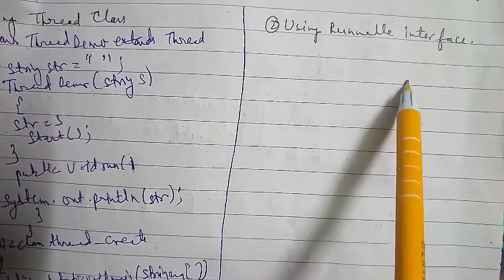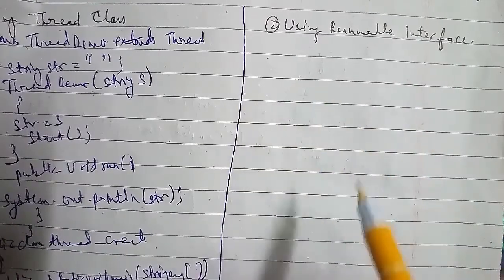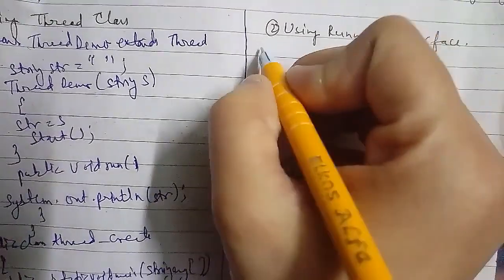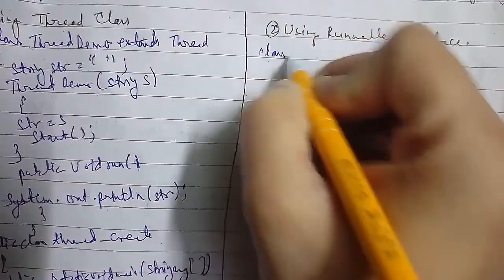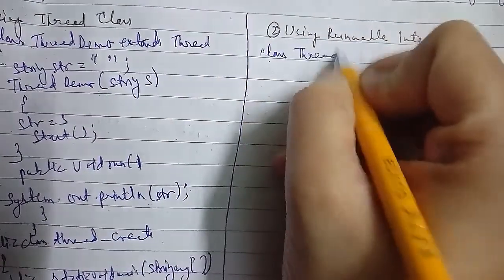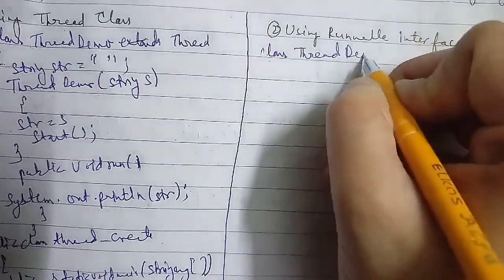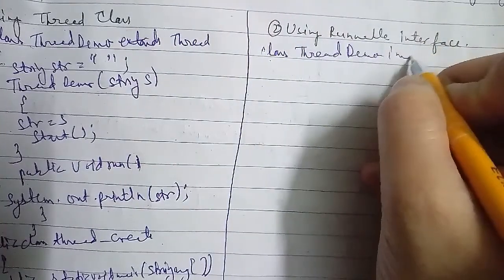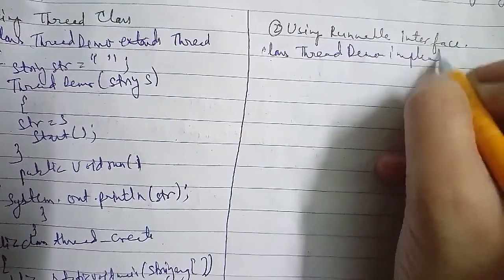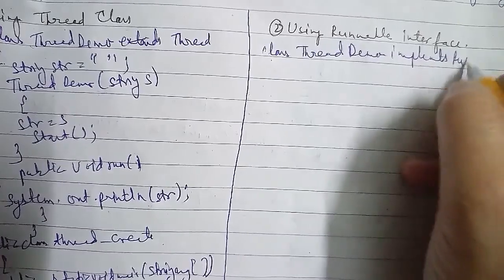Now for using the Runnable interface, we'll write a program. Here we have to start with class ThreadDemo implements Runnable,